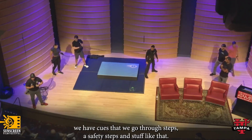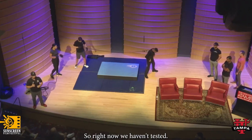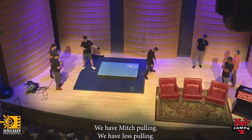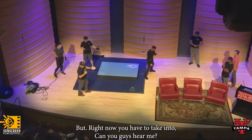What we would do is these guys are trained to go. We have cues that we go through, steps, safety steps, and stuff like that. So right now we haven't tested. We have 2 pullers. We have Mitch pulling. We have Jess pulling. They've done this stunt at our stunt school, but right now you have to take into account